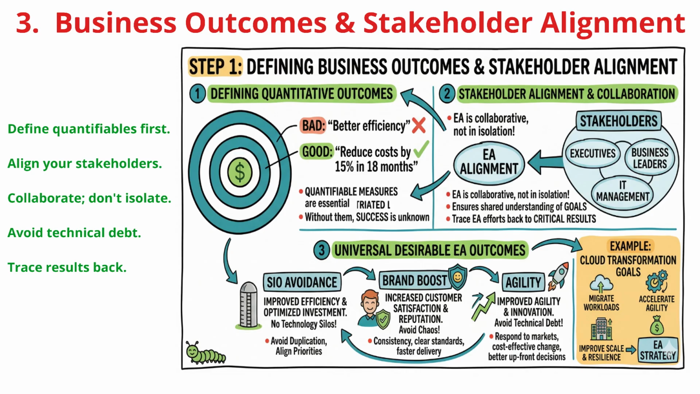Remember, enterprise architecture cannot live in an ivory tower. Alignment across the entire organization is essential. That means collaboration, not isolation, with key stakeholders like executives, business leaders, and IT management. This shared understanding ensures every effort by the EA team can be directly traced back to a critical desired result